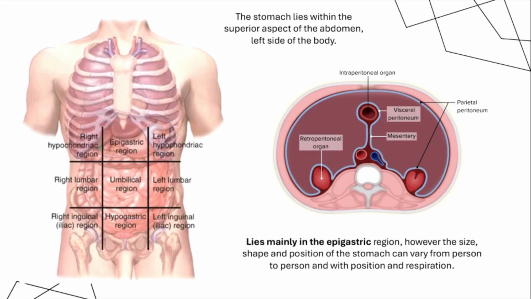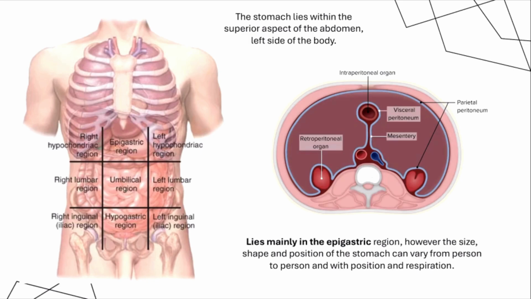And a little bit about the anatomical position of the stomach. It lies superiorly, right? So it lies on the top part of the abdomen on your left side of the body. But if you see it according to the abdominal regions, which you can see in the left side picture here, as a lot of professors like to talk about, normally the stomach lies in the epigastric region. It can also overlap with the umbilical region and the left hypochondriac region,